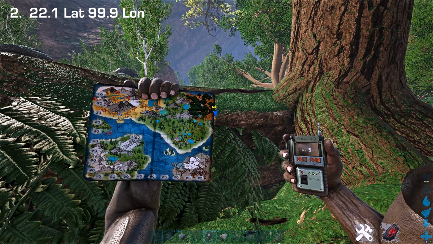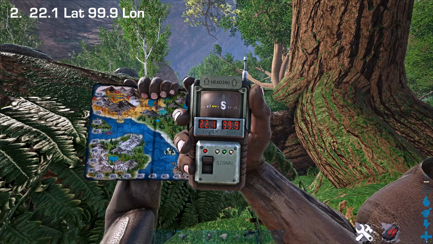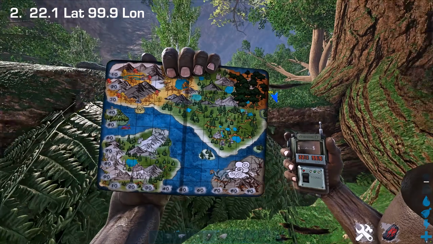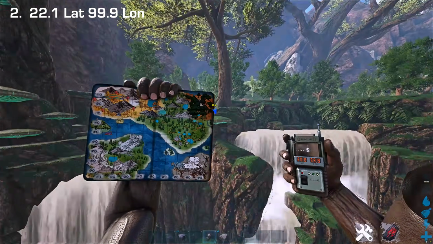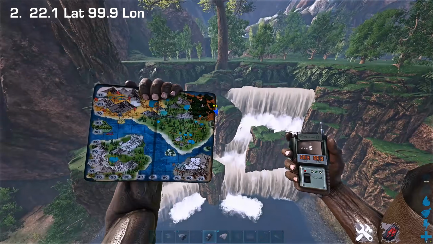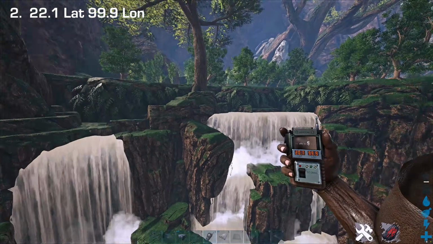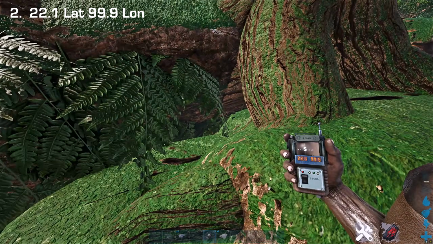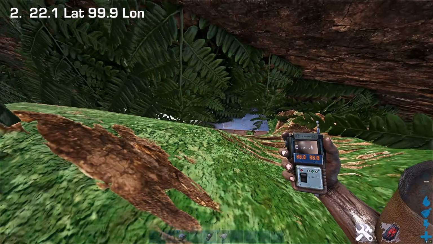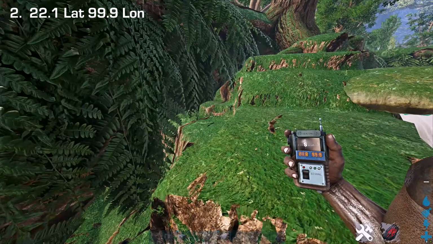So this next location is around 22.1 by 99.9, right at the edge of the map. And looks like I'm around here. And you're looking for this tree next to this big double waterfall. So the base that I showed earlier is in that waterfall, but then the base of this tree also has a couple of little hidey spots. You've got this spot just down here, which you can get to from either this ledge here,